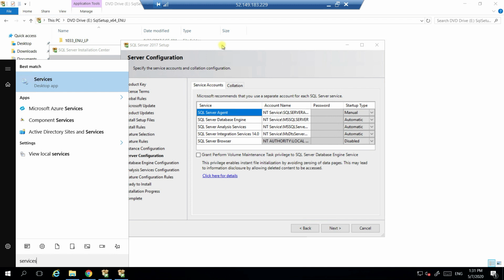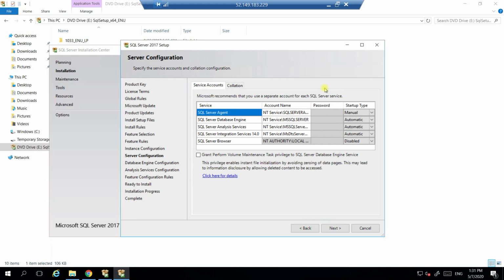So by default, even for SQL Server also, few will be automatically turned on, because the moment you turn on the system, this will be up and running. That is called automatic. There is something called SQL Server Agent, which we use for running the jobs in SQL Server. So this is something we don't require any time, always. So whenever we require, we can just start this, but in real time it will be automatically enabled. But for the practice, I think it is not required for now, because we don't create any jobs now. But in SSIS, we require this SQL Server Agent. That time I will tell why this is required and how we can use that.